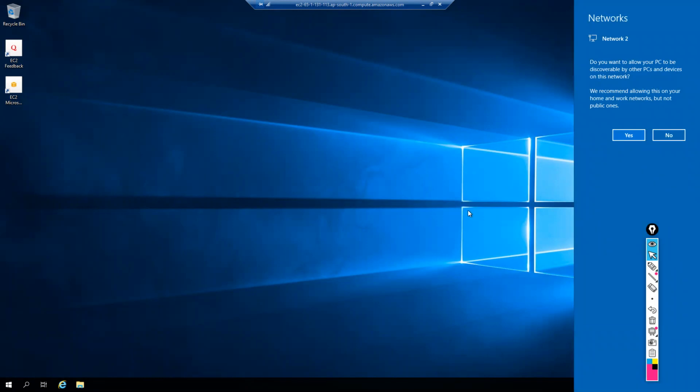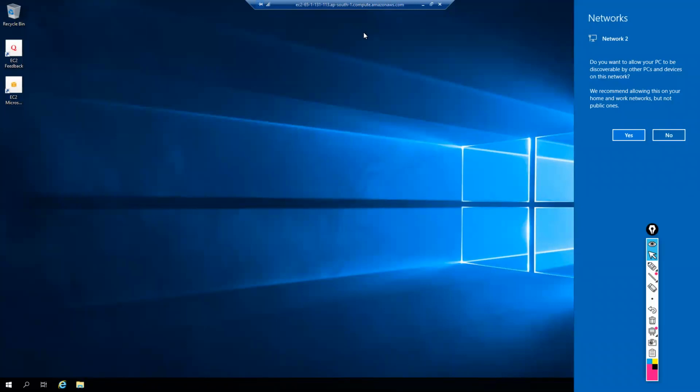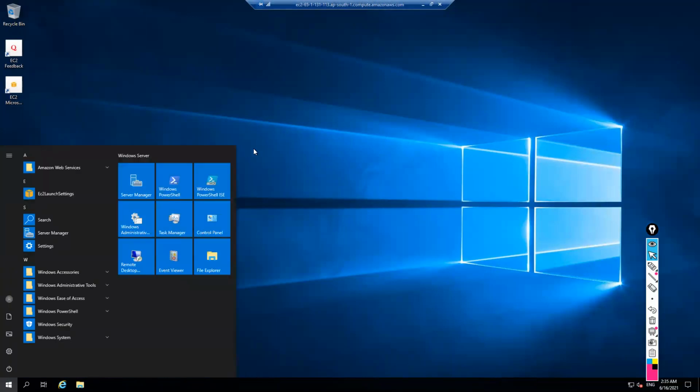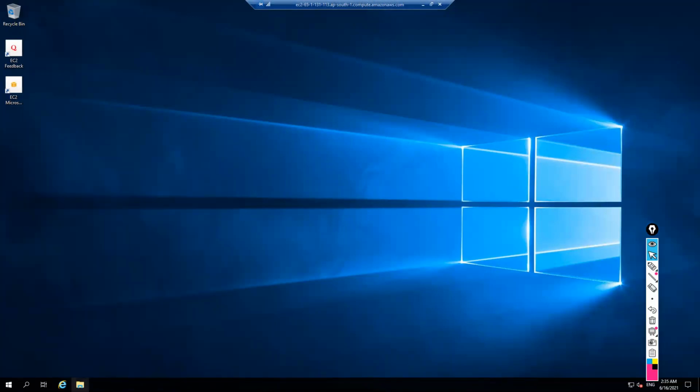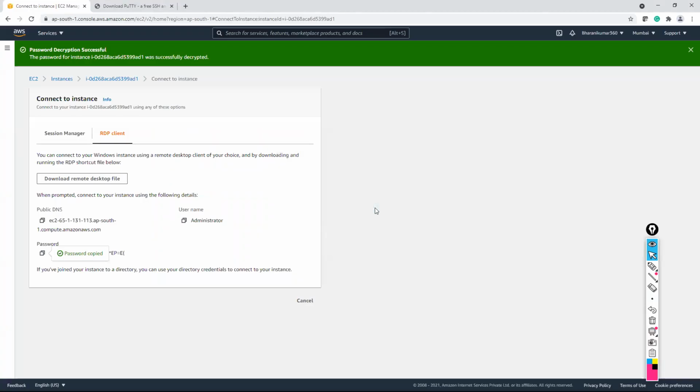This is our Windows EC2. This is one way. Let me close this. This is one way of connecting, by downloading the RDP file, that is the remote desktop file. You download it and it will ask for the password, give the password, and you'll get connected.